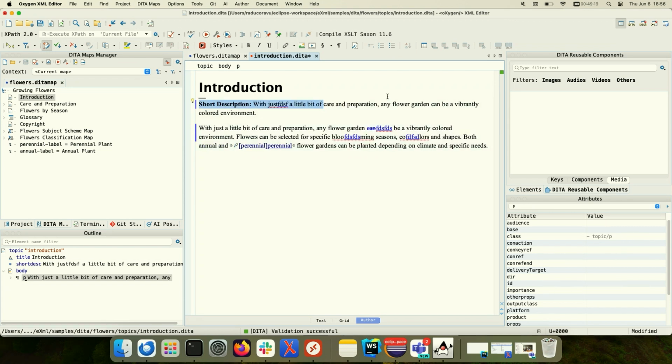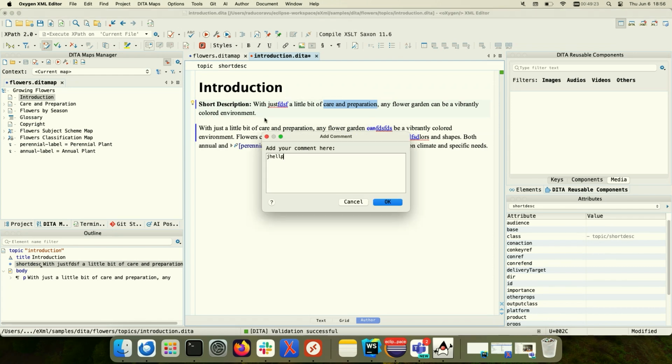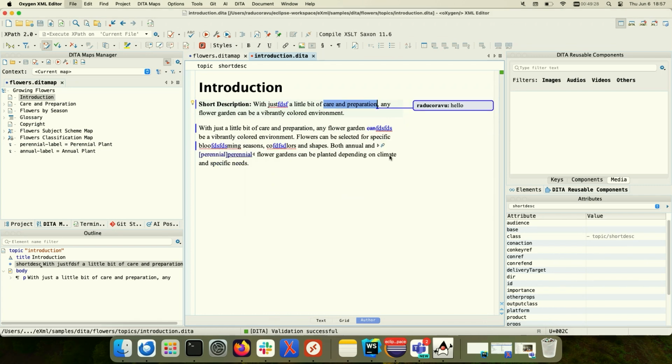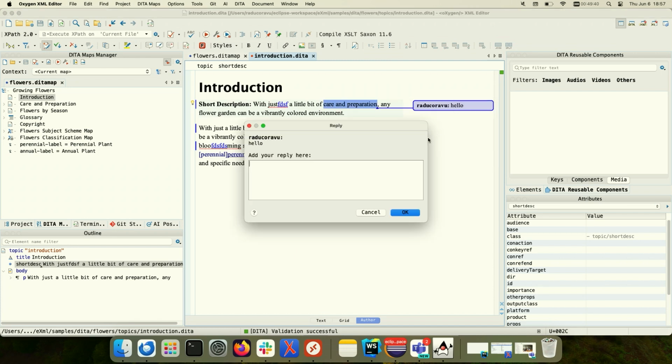I can also select content and add comments. And all these track changes and comments remain available in the topic. So if I commit the topic to Git, somebody else can update the topic and see my track changes and comments. They can also reply to my comments